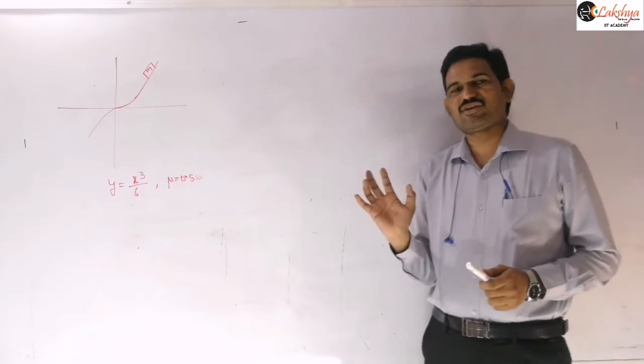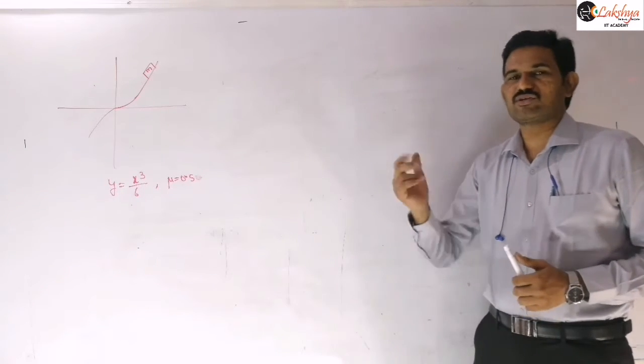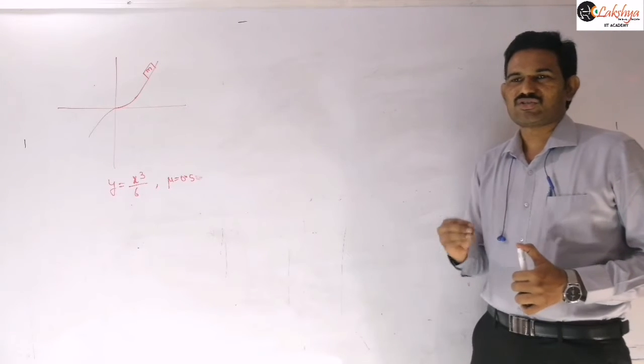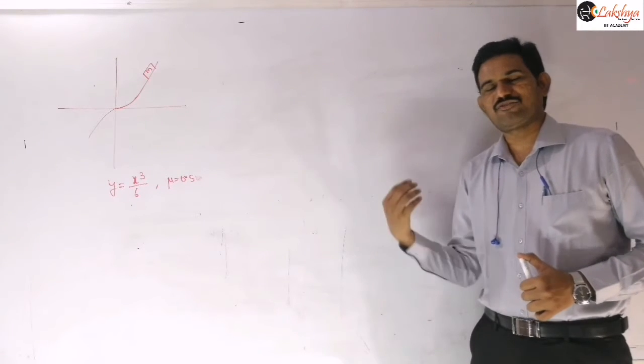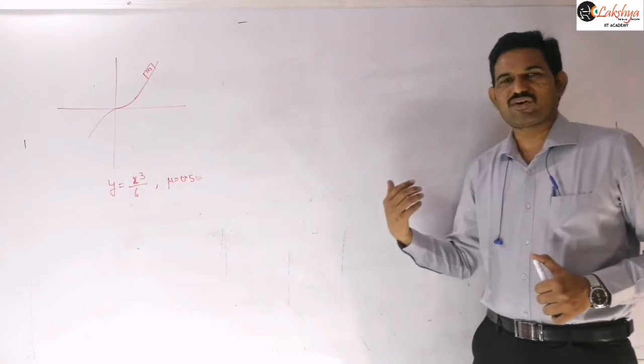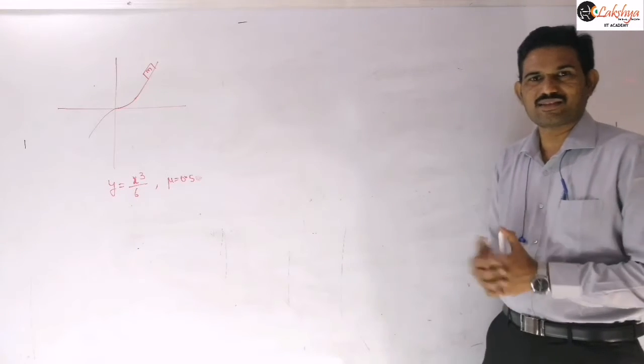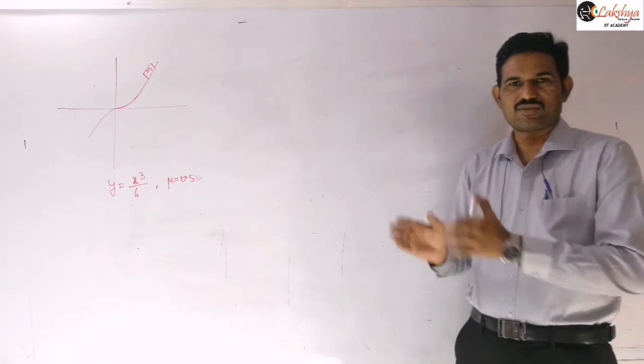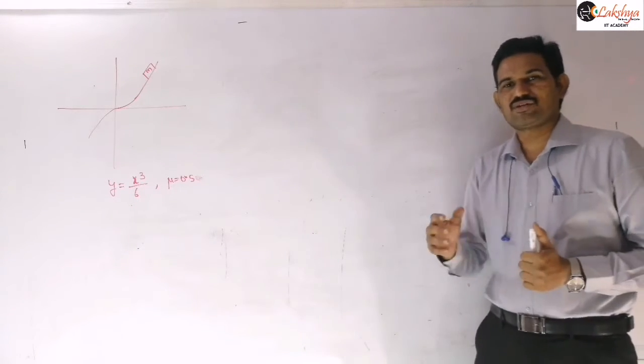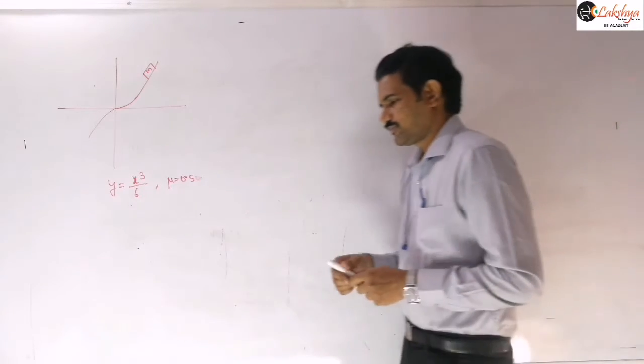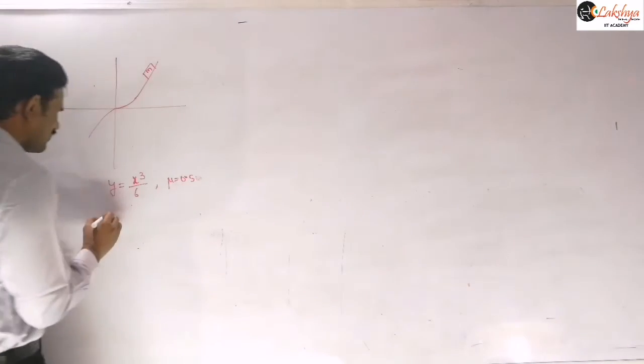For all such types of problems, we need to find the slope. Whenever such an equation is given, we need to find the slope of that equation. That slope gives the tan theta value, and from this we can calculate the required cos theta and sin theta values, because we need those values to take the equilibrium of this object. So now I am taking the slope of this equation.